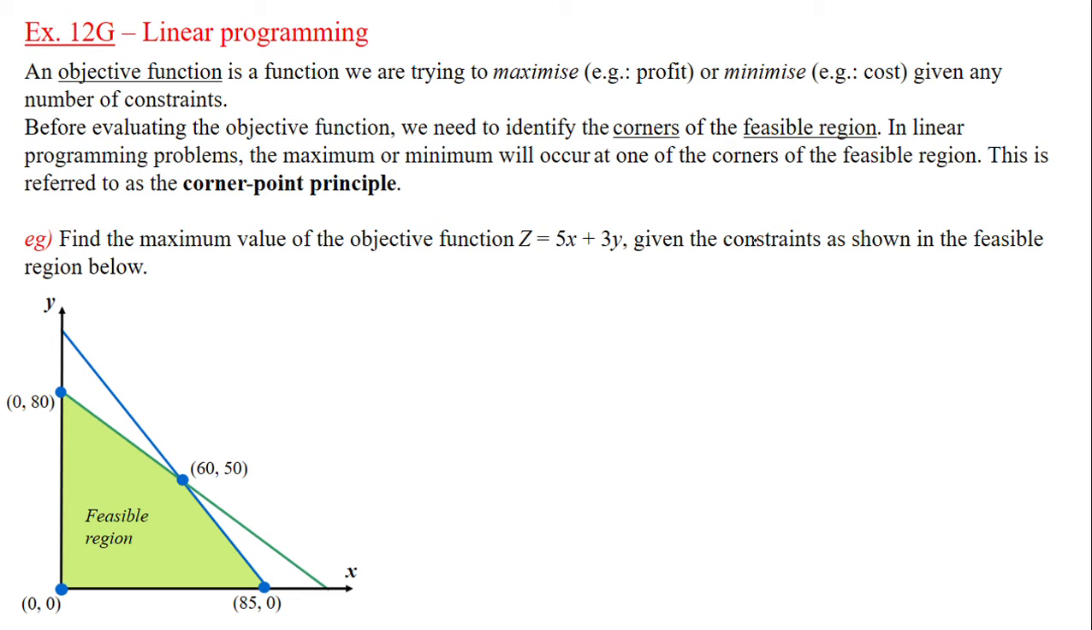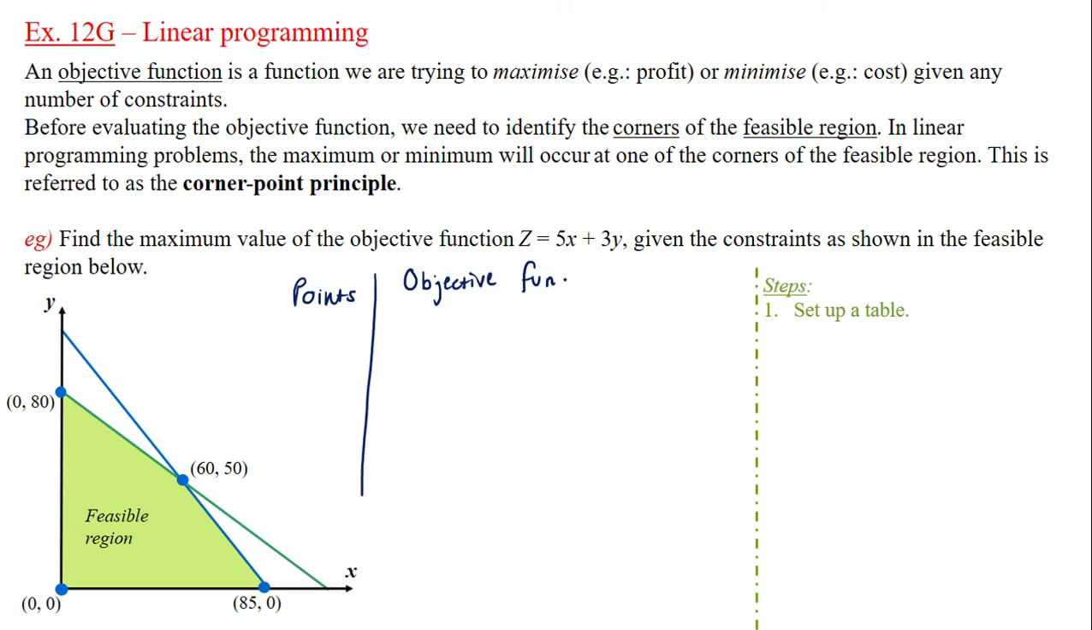We're going to find the maximum value of the objective function z equals 5x plus 3y, given the constraints as shown in the feasible region below. So we've been given a graph and the points of the graph. Your first step in these kinds of problems is going to be to set up a table. I'm going to list my points, and those are my corner points, and then I'm going to evaluate the objective function,